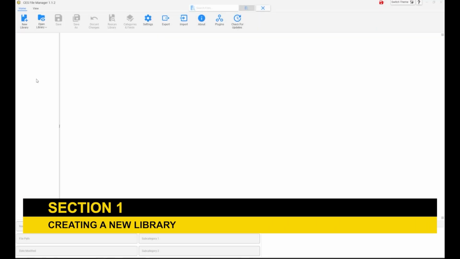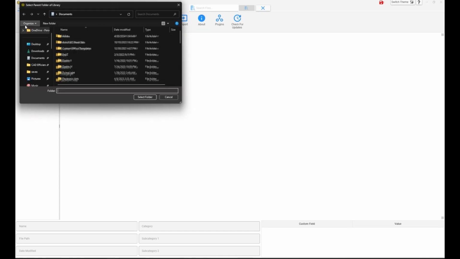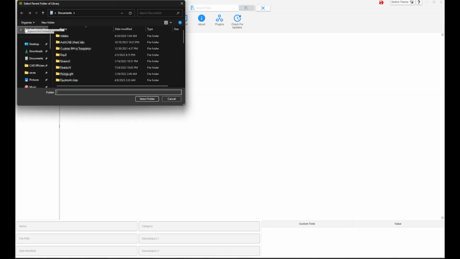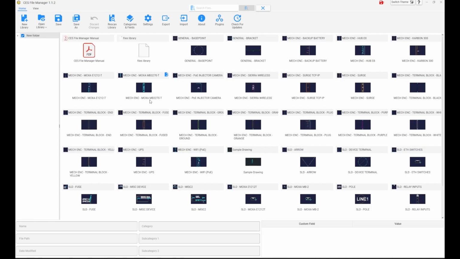Section 1. Creating a new library. To create a new library, click on the New Library button located on the ribbon. Next, navigate to the folder that contains the files you want the library to contain, and then click Select Folder. If you would like to specify certain file types to only be shown in the library, advance to Section 4,